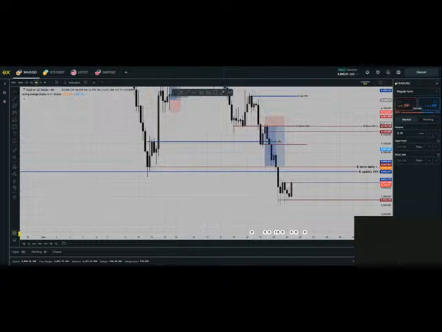Once price reaches into your point of interest, that is when you drop into the lower time frame. But before then, you have to stay on the 2 hour time frame until price reaches or runs into a point of interest. That is when we go for the lower time frames.